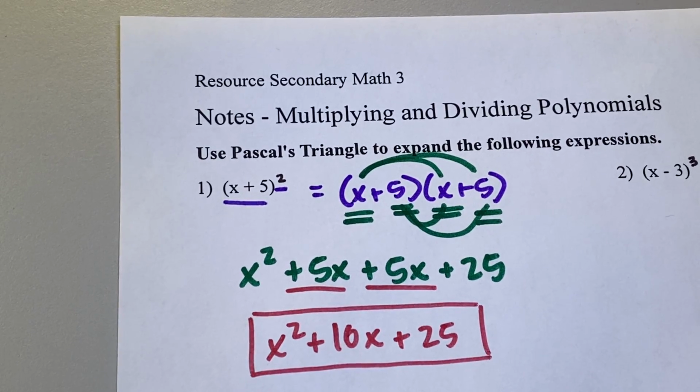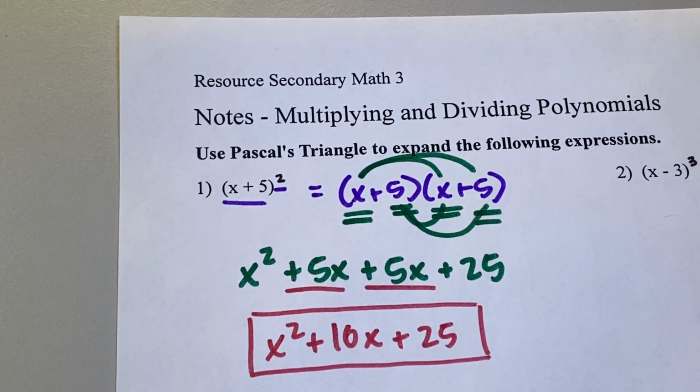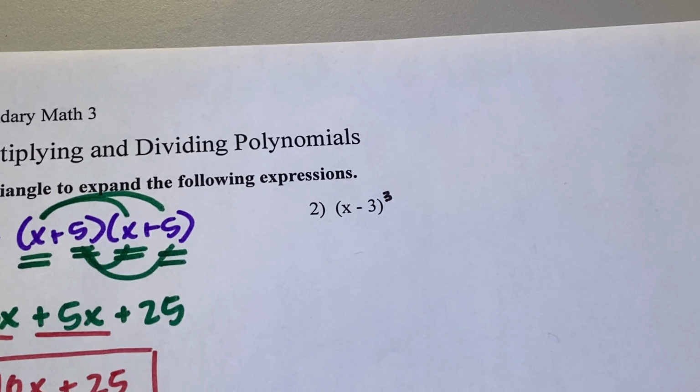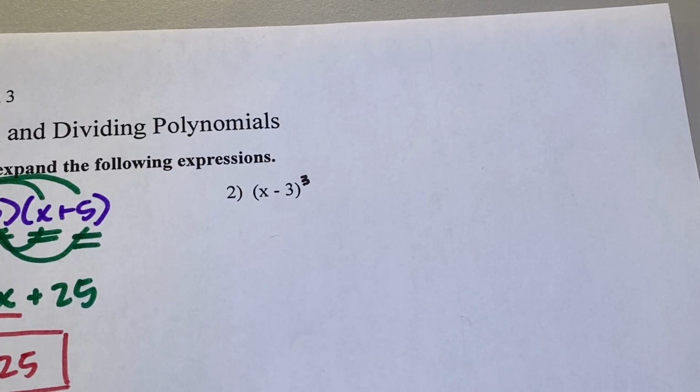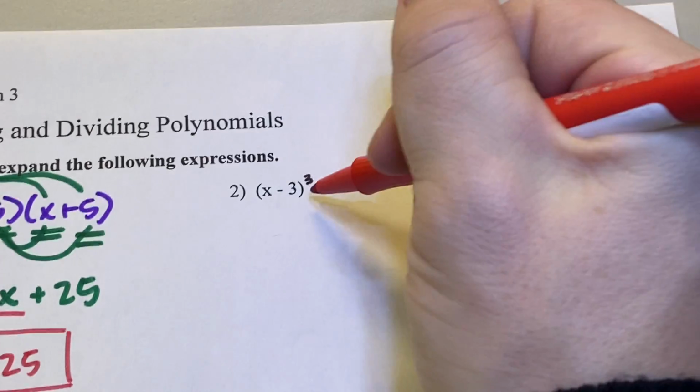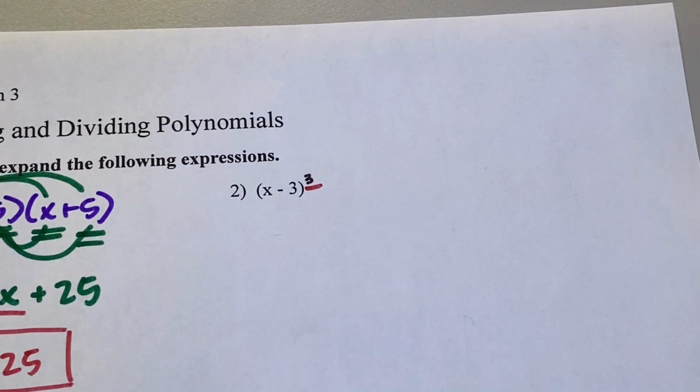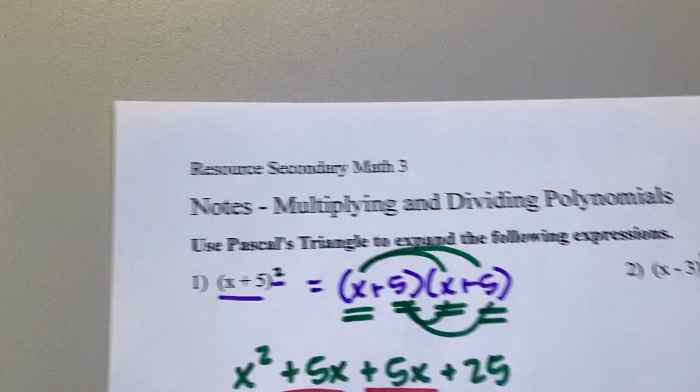Nice. Okay, so that one was pretty simple, right? To write it twice and then multiply. Do you guys want to write this thing out 3 times and multiply? Not really. Could you? Yeah, you totally could. But I agree with Gabe. There's a faster way to do a cubed power. Okay, and that is, if we remember,